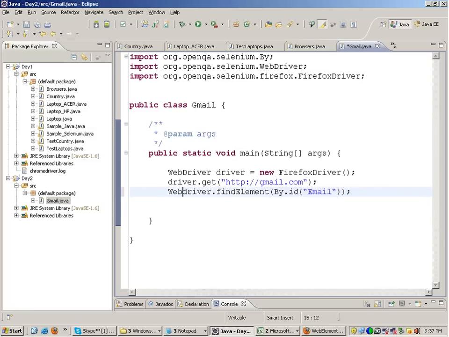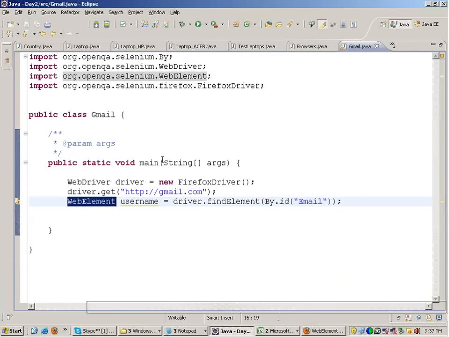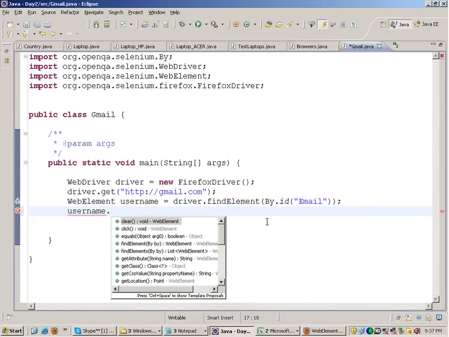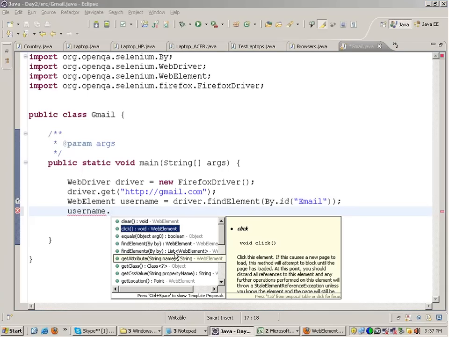For example, I can write over here web element username is equal to this. So find element function will return you the object reference of the web element interface, right? With this web element interface, right, you can write username dot, right? You can do anything with the username field. You can clear it, you can click on it,